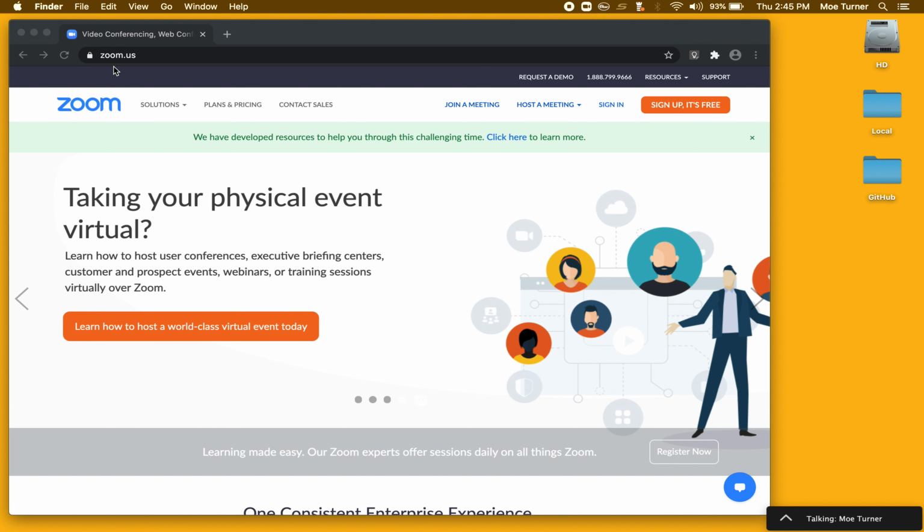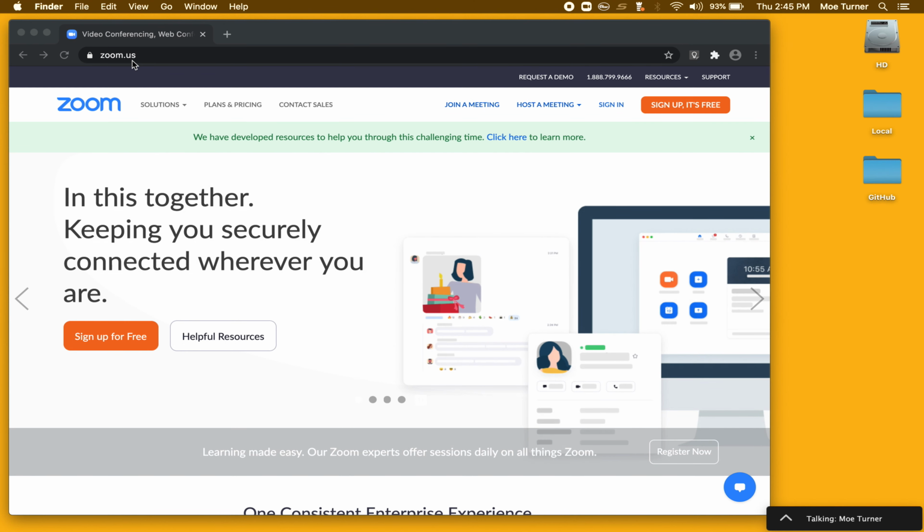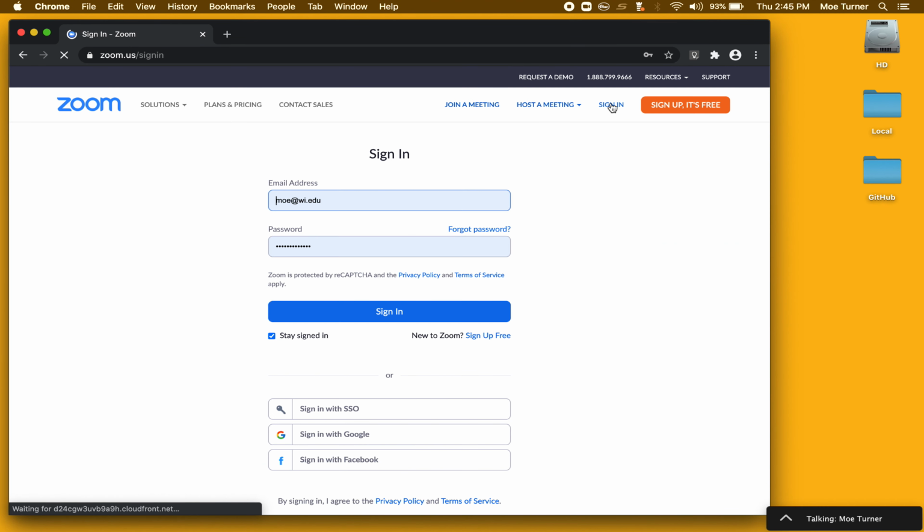Head to the Zoom website, zoom.us. That's not the app or the browser version of Zoom. This is just the actual website where all of your account settings are. Once there, go ahead and sign into your account using your Wright Institute credentials